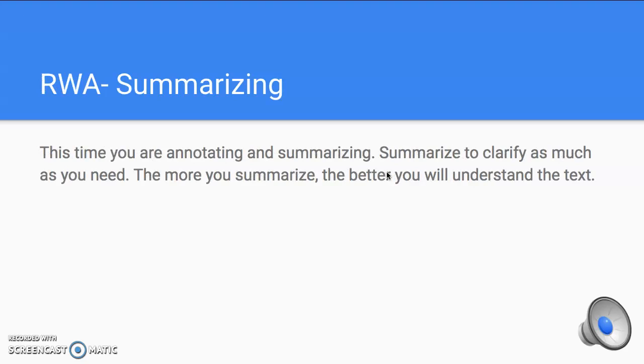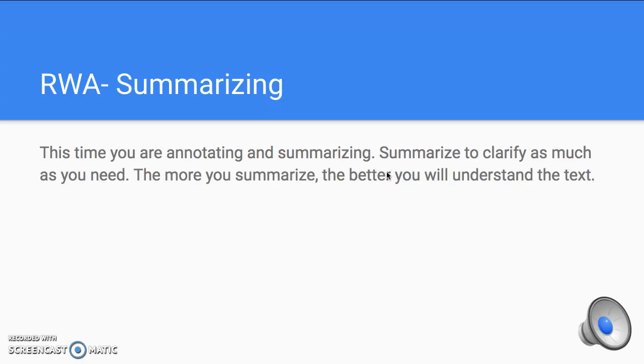So for this annotation, for this specific text, you are going to summarize. You're going to read through the same text again from Great Gatsby, and you're going to summarize every sentence or every couple sentences to gain a better understanding of the text. So for this text in particular, I would choose to give this one